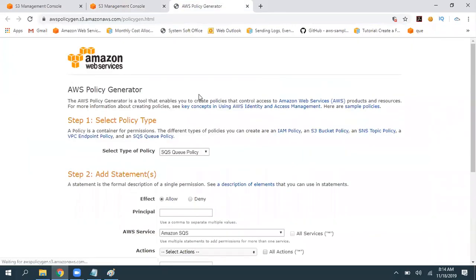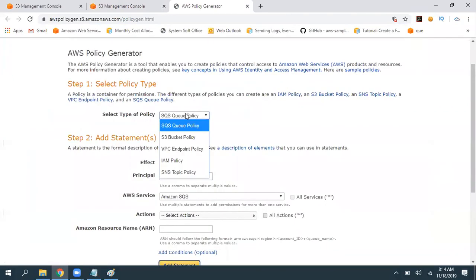Okay, so here is the AWS policy generator. We can apply for multiple services, guys. See, even we can apply for SNS. In our last session, when we configured events, I asked you to give permissions for everyone. But instead of everyone, for an SNS topic, you can give permissions only on one S3 bucket also. That we will discuss. So this policy generator is not only applicable for S3, you can create multiple.